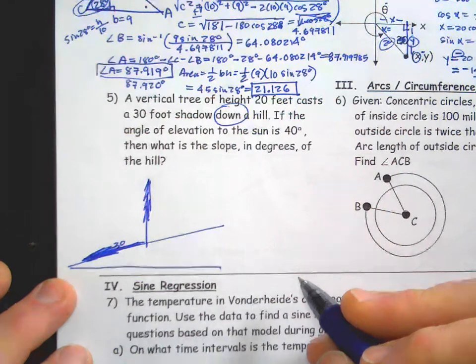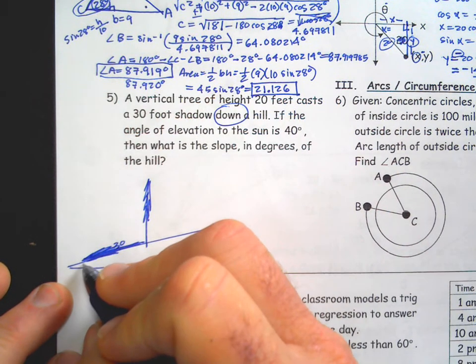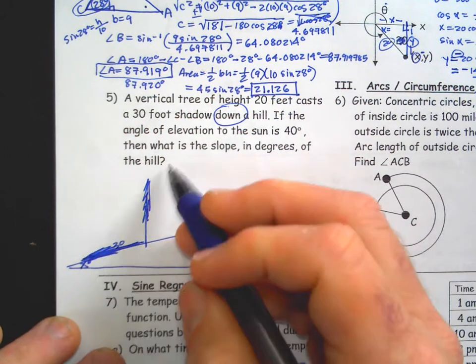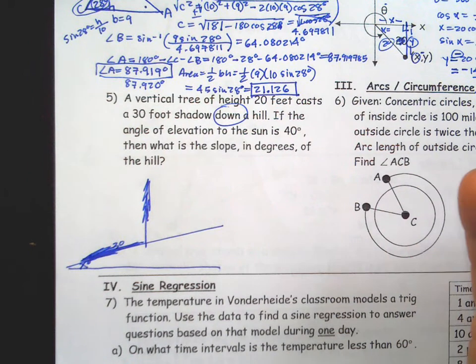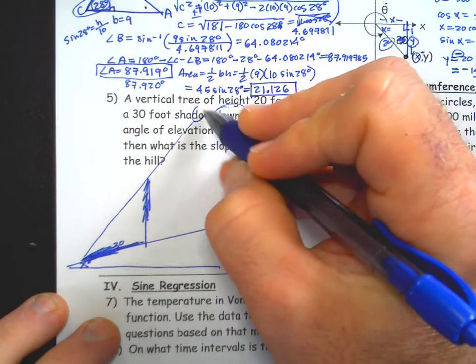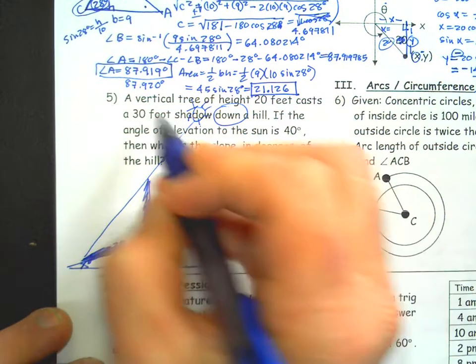If the angle of elevation to the sun is 40 degrees, then what is the slope? Ooh, this is kind of a twist. We're trying to find the slope this time instead of like the height of the tree. I could ask you for the distance between the tip of the tree and the shadow, the slope, or the angle of elevation of the sun could be solved for. So let's figure out where the sun is by connecting the tip of the shadow and the tip of the tree. Let's draw horizontals